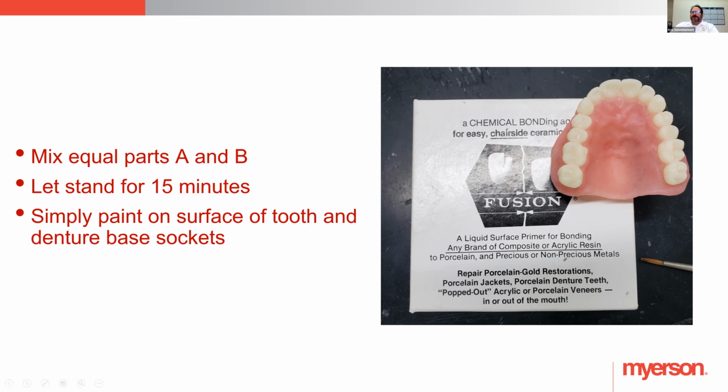But just so you know, this has 3 jars in it. 2 jars with the liquid and then a jar for mixing. The 2 jars with the liquid have a little medicine dropper, and you just draw out and you put 3 or 4, maybe 5 or 6, depending on how many cases you got, drops of each one into the mixing jar, and then you give it a shake and it sits for 15 minutes,